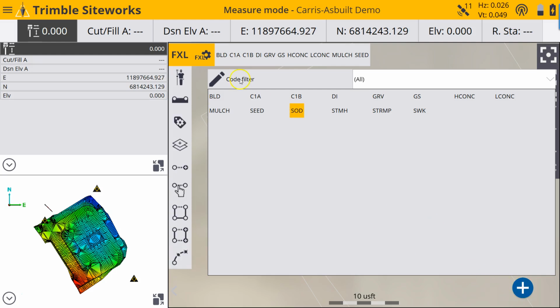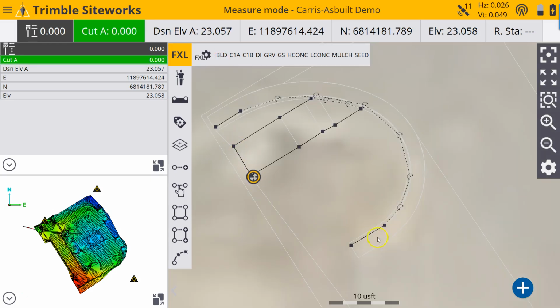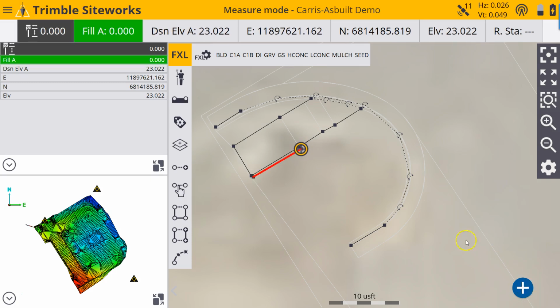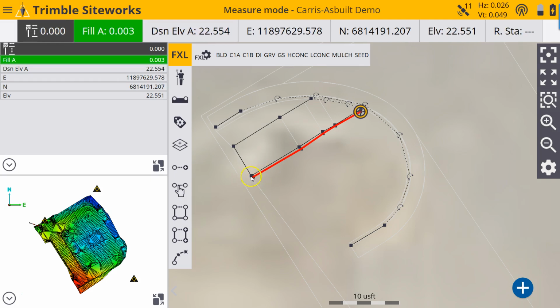so I'm gonna click on the sod here, and I'm gonna start my collection point here. I'm gonna record, and then I'm just gonna trace the edge. Now, because we already did the sidewalk in here, some of this could be done with a little bit of extra work, but I would just come off of the sidewalk, like maybe a couple tenths, and just run another line, and then